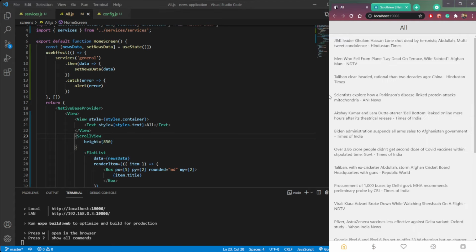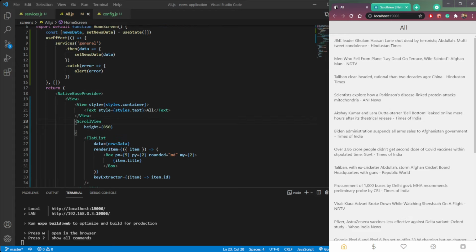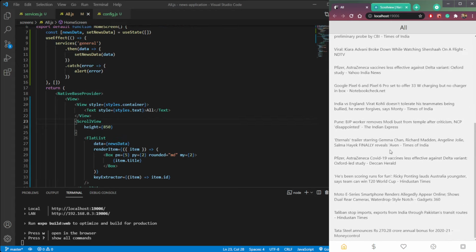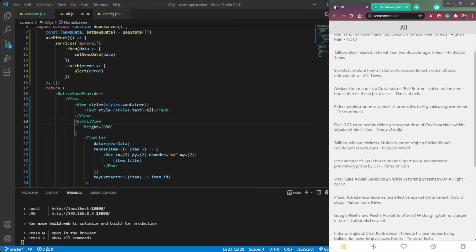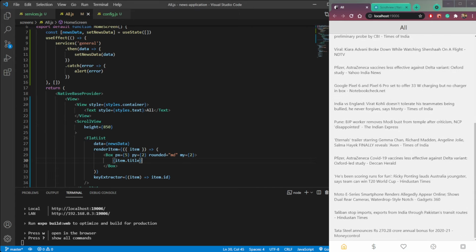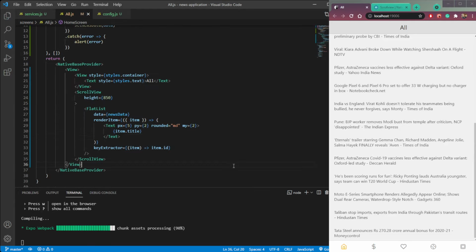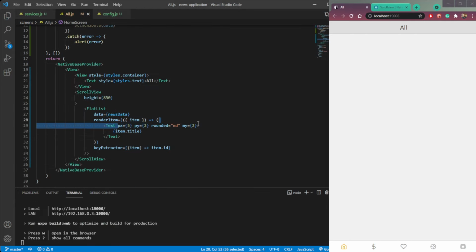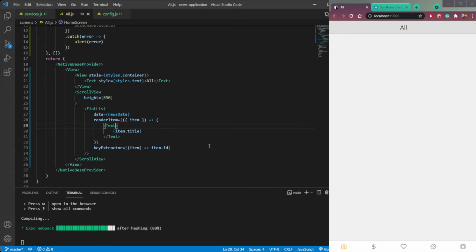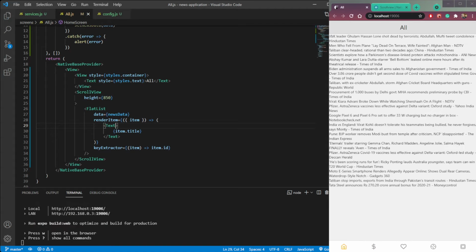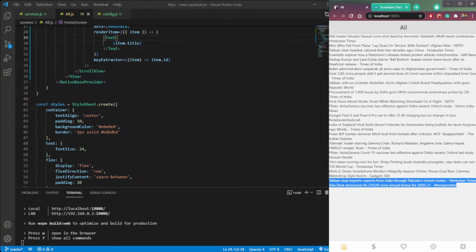We have our header, we have the title of the news here, item.title, and we are able to scroll, as you can see. Let's change this box to text. So make it a text, and this one too. Save the file. We don't need this px and everything rounded. And now if you see, we have our header here, this text, and we need to give the style of a text.